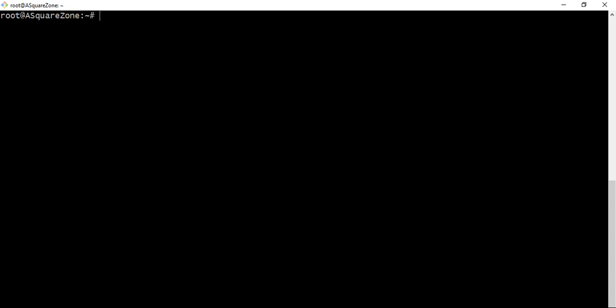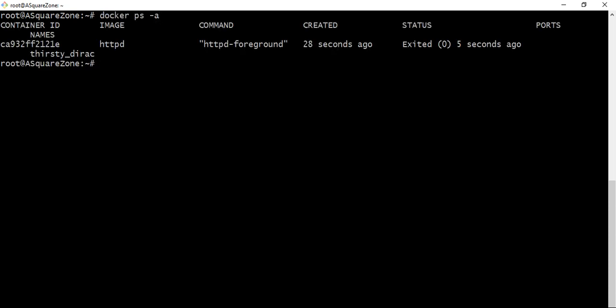Here it stopped. We will see docker ps -a. We can see all the containers here, and we are going to restart it using the container ID. See, it's running now.